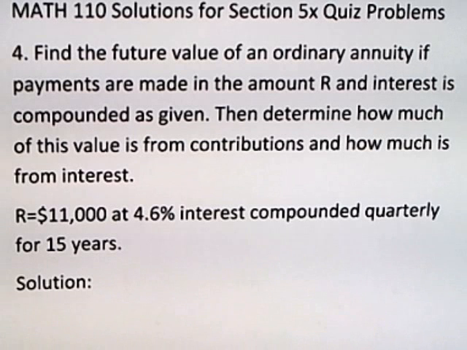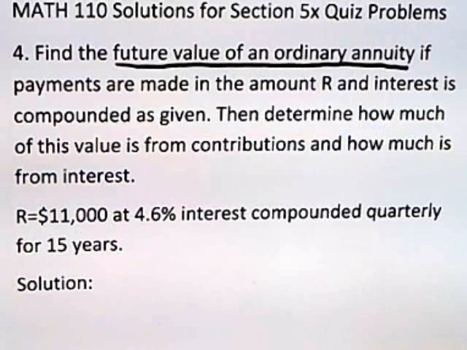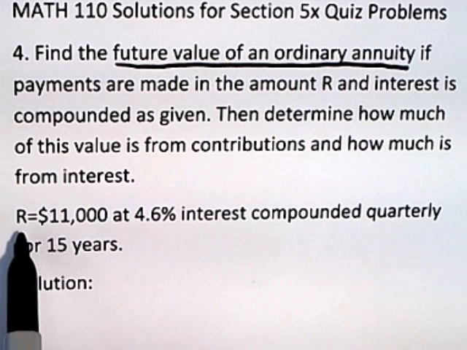This is problem number 4 on the section 5X quiz. It says find the future value of an ordinary annuity. So we know we're going to use the future value of an ordinary annuity formula. If payments are made in the amount R, this R is given here,